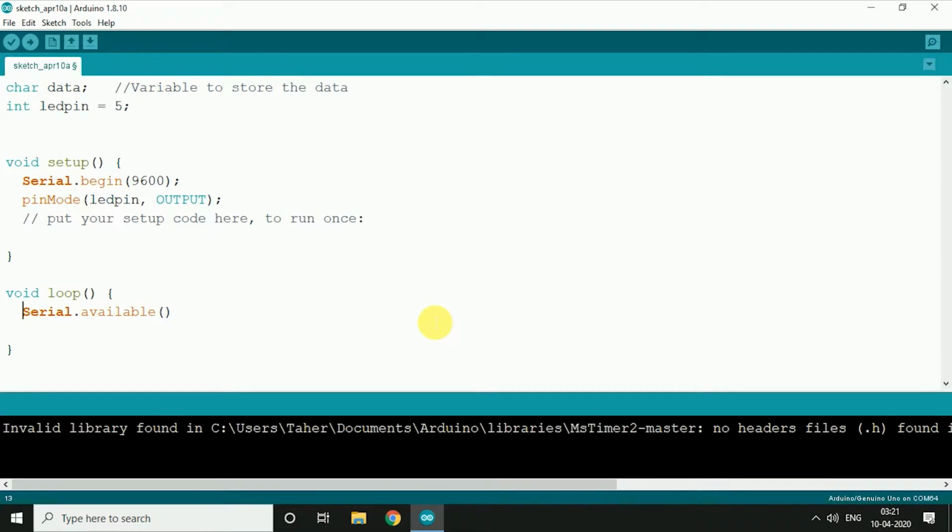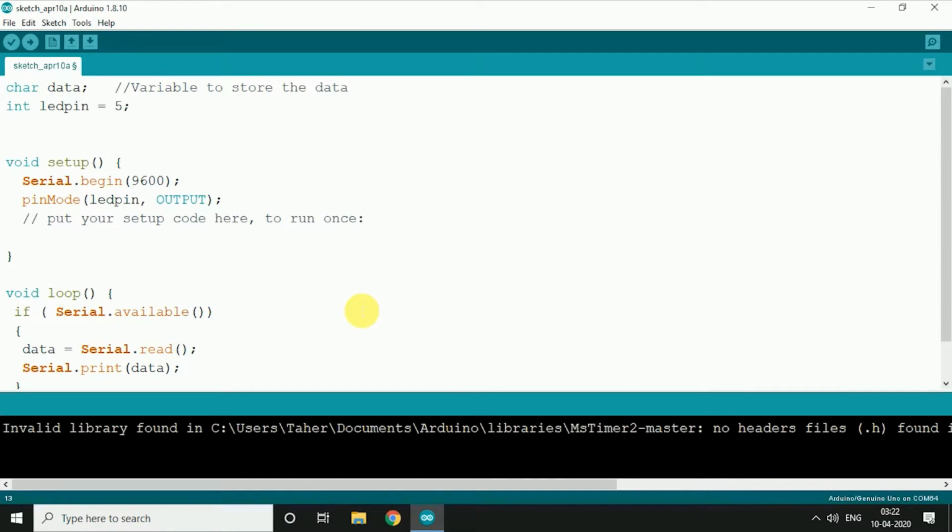So Serial.available in an if. This will continuously run your code and check if there is availability of data. If you get the data, we'll store it in the variable which we have created, read it, and then print it so that we can see our data which is stored.